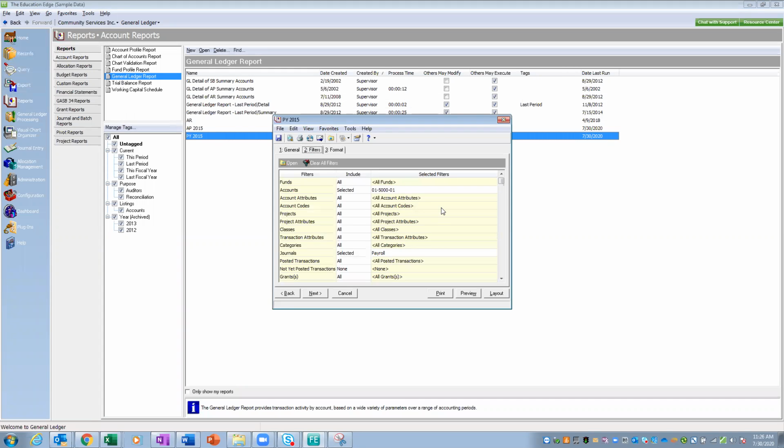My filters here. This one is critical. See here under journals, see how I said payroll only? This helps if I've got any journal types in there, like journal entry, instead of coming from the payroll, it's going to remove them, okay? So I want to show you what this looks like first, if I run it with all. And I'm running it on the 001, just that one portion of the salaries,